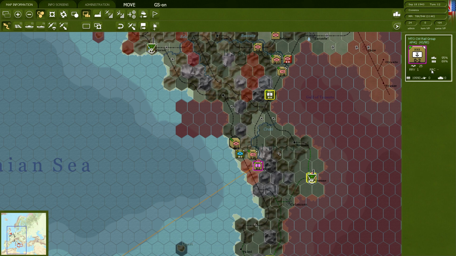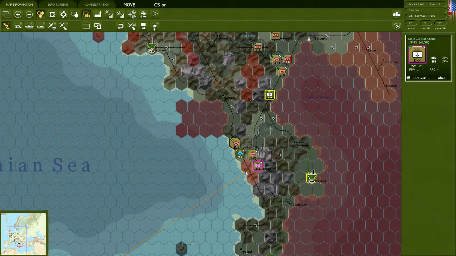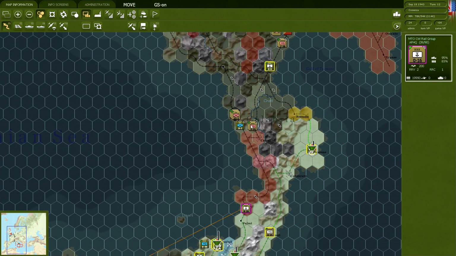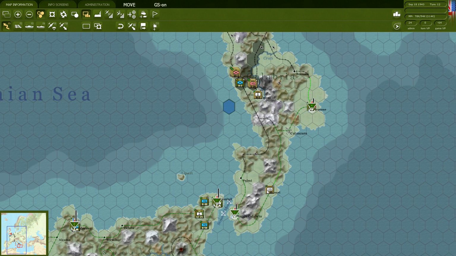So you might want to get over here. Why can I not repair over there? Because we've just captured that. Is that it? Yeah, I think so. Okay, in that case, can I move you up into this hex there? No. Okay, let's move you anyway over here, and then next time around we'll be able to move up a little